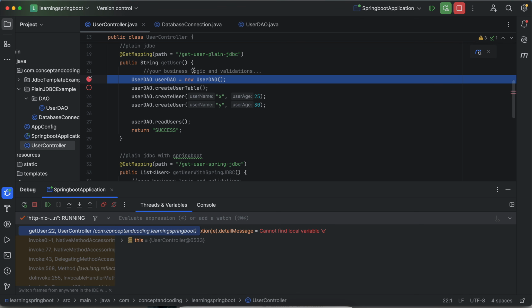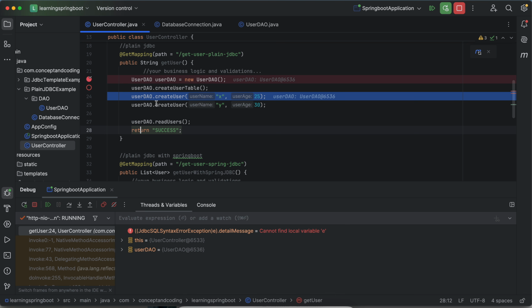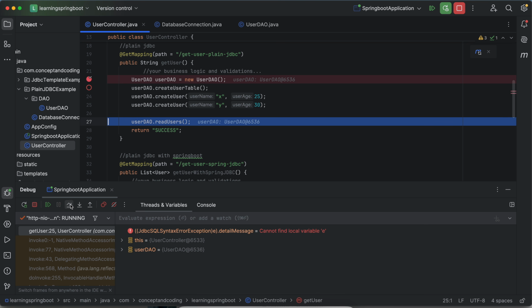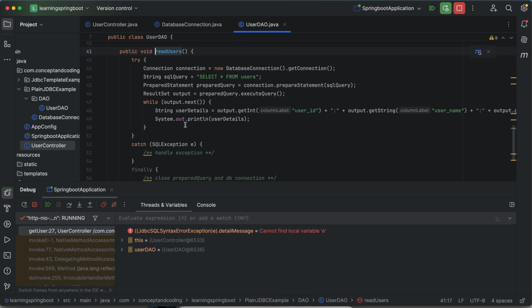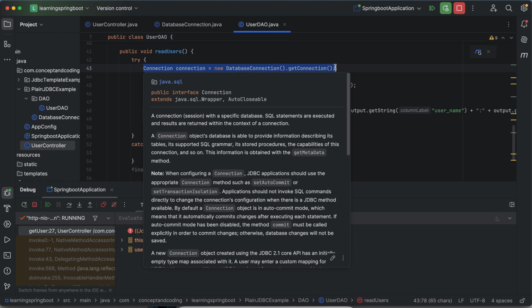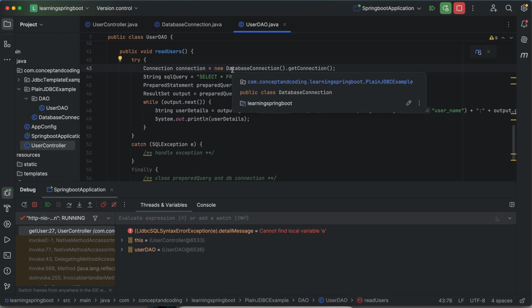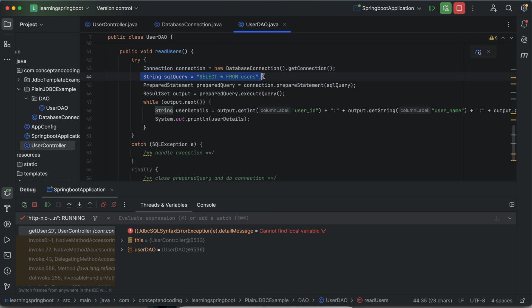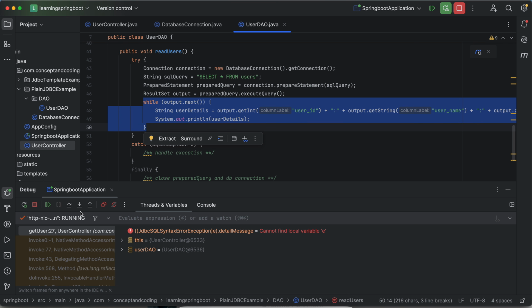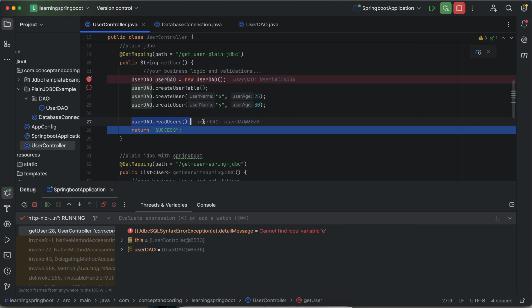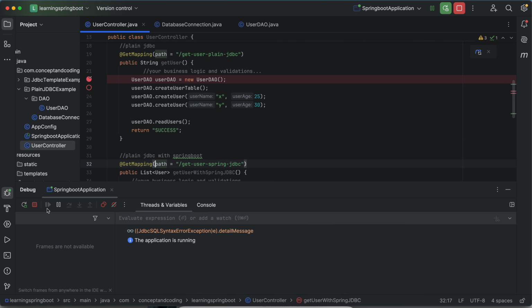Once the control comes here, I am creating a user DAO object. Now I am creating two users, X and Y, and then ultimately I am doing read user. In the read user, as I told you, first get an object of the connection and your query, and you can use a prepared query to execute the query, and you can iterate over it to print it here. So I iterated it and returned. Success is printed, and if you see the console log,